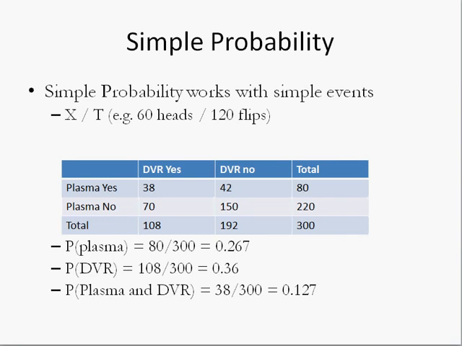So here's another example. This is a situation where you have someone doing a purchase or visiting an electronics retailer. If they go through the door, they may or may not buy a plasma screen television, and they may or may not buy a DVR. And so if we observe 300 people go through the door,